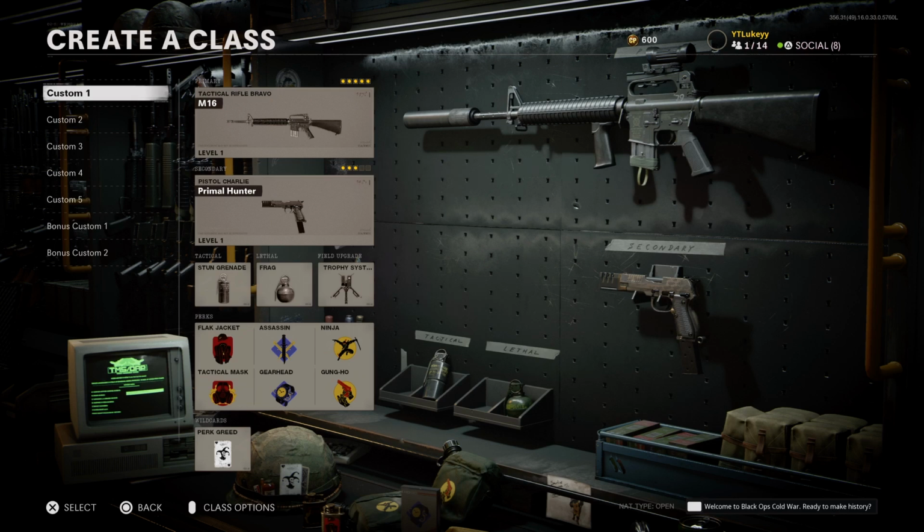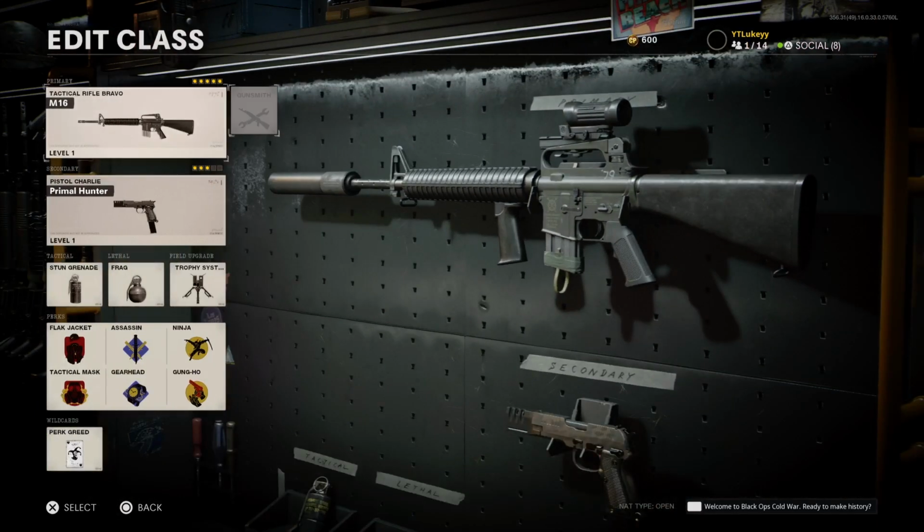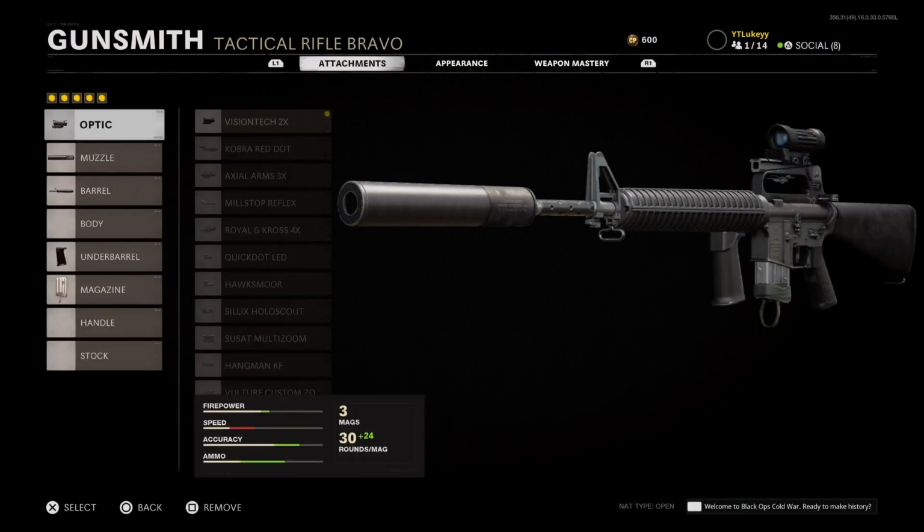But without further ado, let's go ahead and get into the top 5 loadouts to use in Warzone. First of all, we have the M16. The M16 is an extremely powerful weapon, as you guys all probably know. If you've been using it in multiplayer, this thing literally one bursts, and it still does. It had a little bit of a nerf a while ago, but it's still insanely OP, and in Warzone,